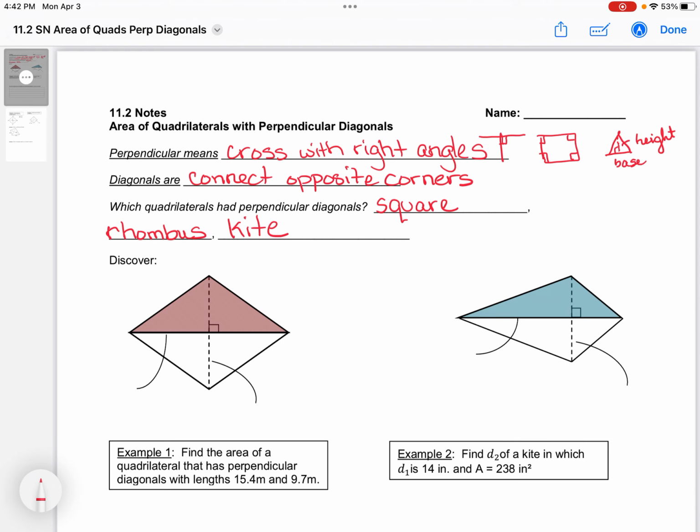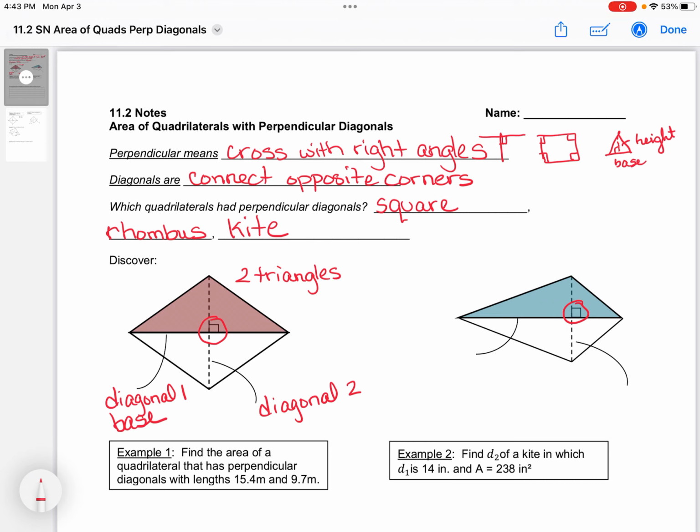Okay, so we are looking at quadrilaterals with perpendicular diagonals. So we're either going to be looking at squares, rhombuses, or kites. So these two examples right here, or these two discoveries, are both kites. So you can see, here's our right angles. And if you think about the kite as two triangles, and we're looking for the area of the two triangles, then diagonal 1 and diagonal 2,